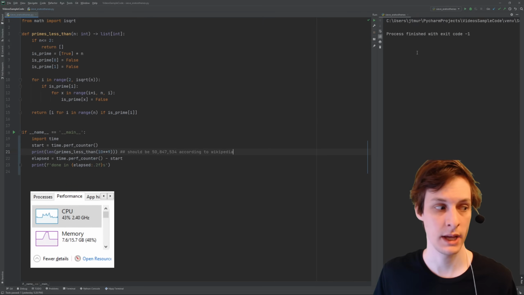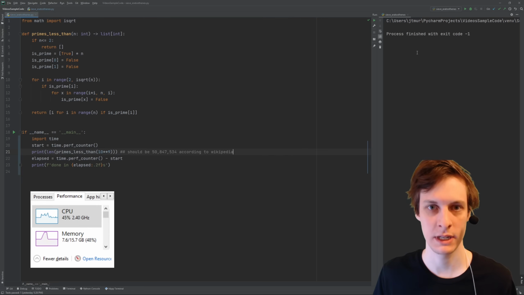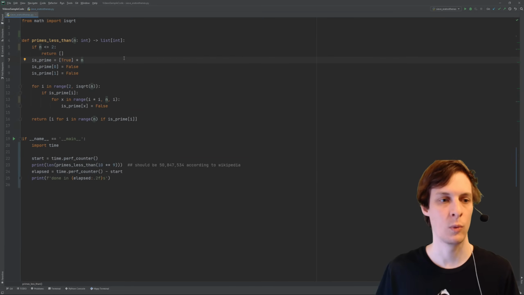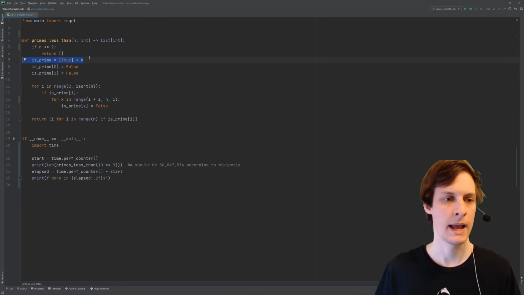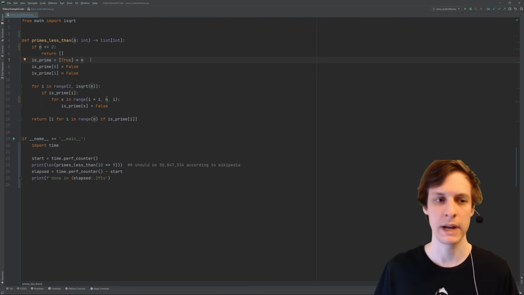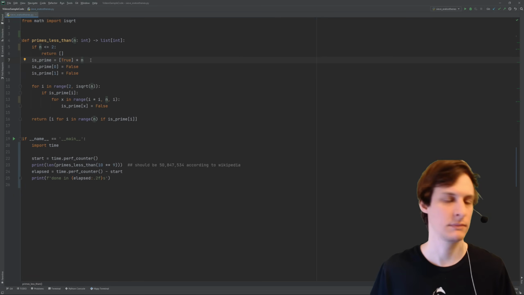Okay, so I went ahead and just killed that. As you can see from the memory usage, that wasn't going to finish. So if you're not clear on why this blew up my memory, here's the line that did it. The first step in the algorithm is to make an array that will fit all of these 10 to the 9 numbers. And it didn't throw an out of memory error, but it certainly ran through all of my RAM and was going to start using disk, and that's not going to be fast enough.